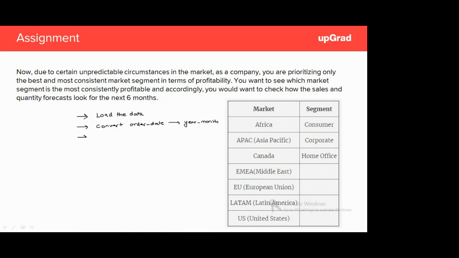Now once you are done with this, split your data into train and test. So your train will be 42 months of data, whereas your test will be only the last 6 months. Okay, and then use the train data